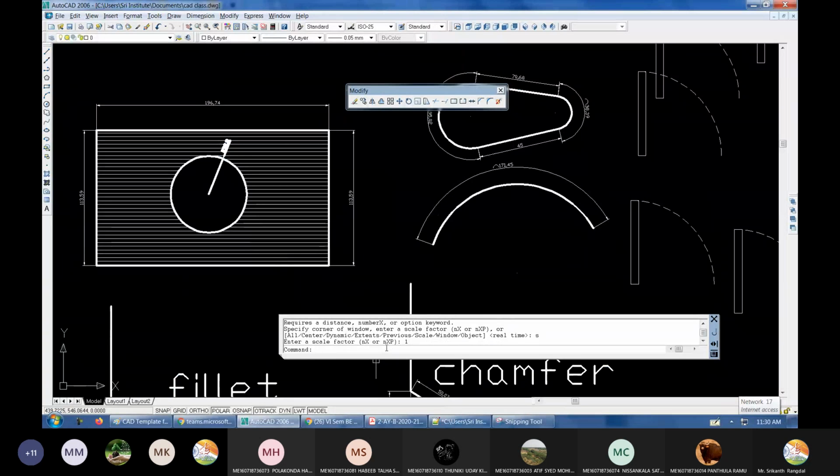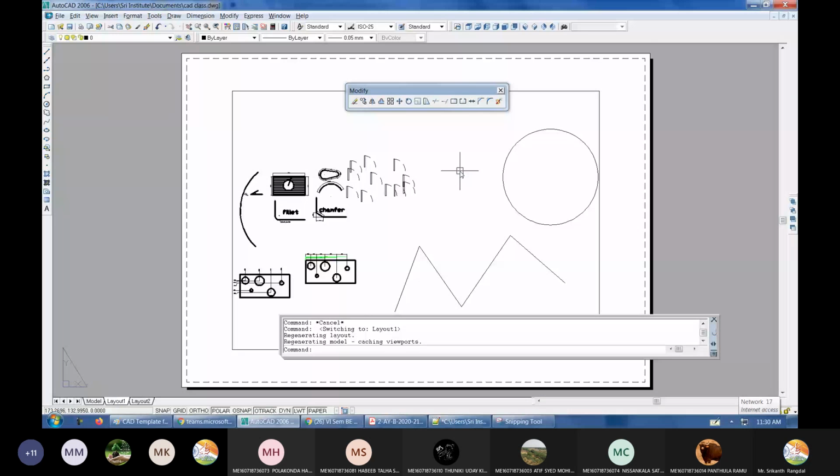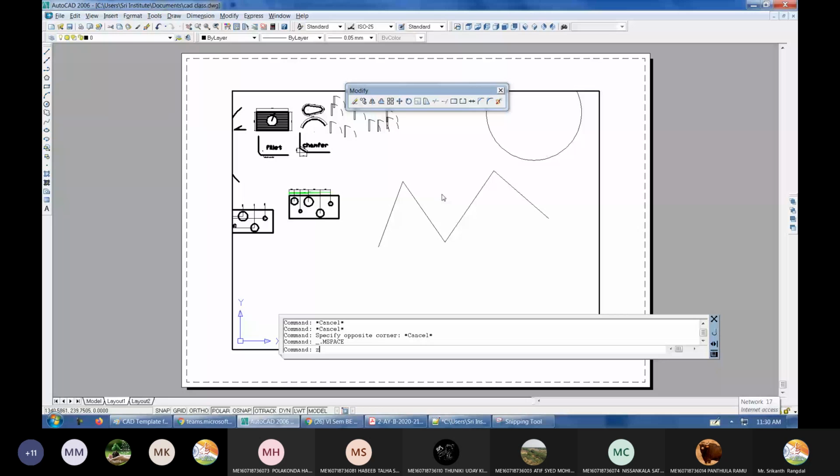But from monitor to monitor, it will again vary. So if you are trying to measure this length by taking a scale on your monitor, then it may not actually work out that way. But this command will be especially useful in layout space. In the layout space, if I give Z enter, 1xp enter,